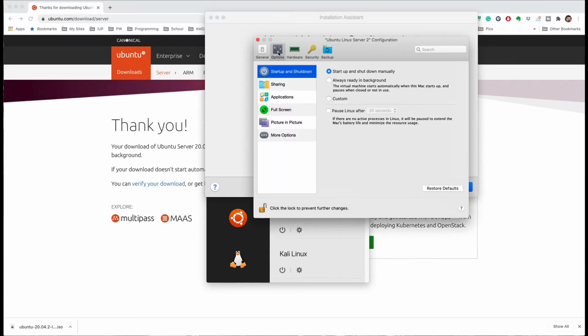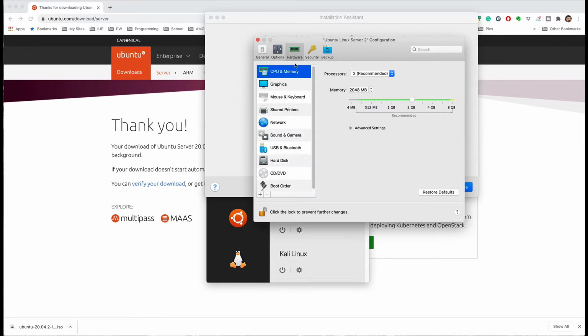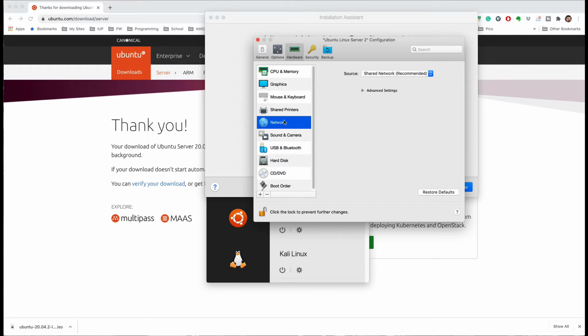Such as going to options, full screen. No, we don't want to do that. Let's go to hardware. So hardware processors, it's going to use 2 as recommended. Total memory is only 2 gigabytes. Any advanced settings you might want to use. Hypervisor is Parallels. Look at the network settings. Shared networking is recommended,